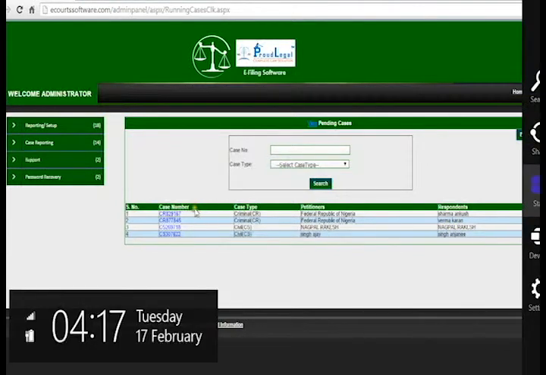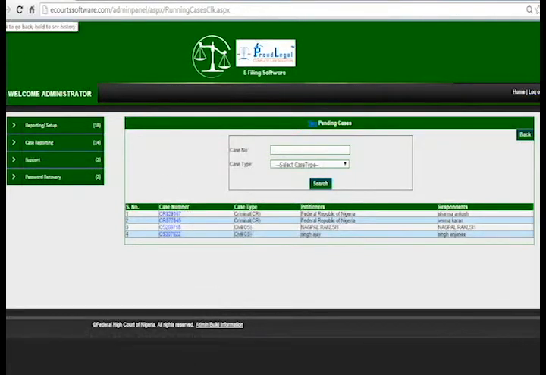If you want to see more details, then just click on this button, so you can get all the basic details of the case number, related case number. There you get the petitioner name, the respondent name, the address, the phone number, all the details of the case. Okay, so just click here to go back.